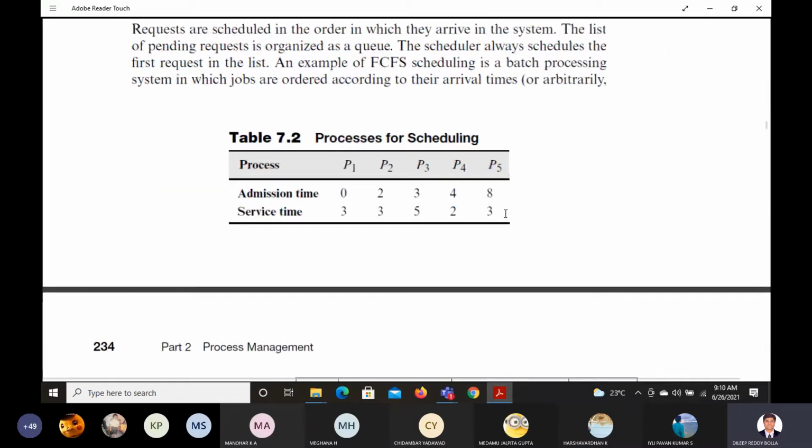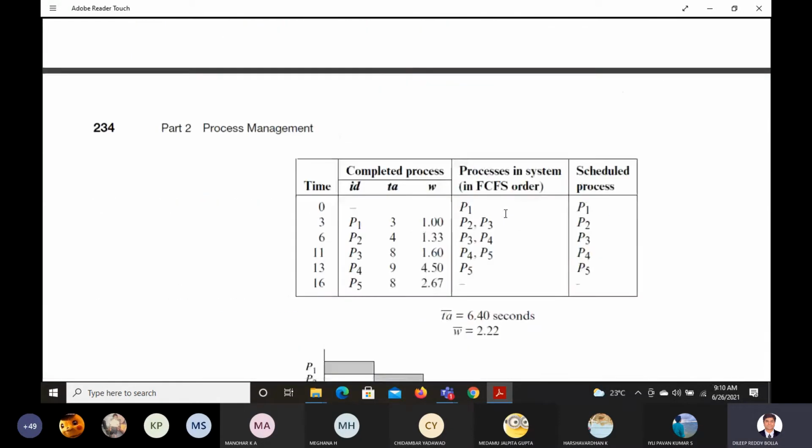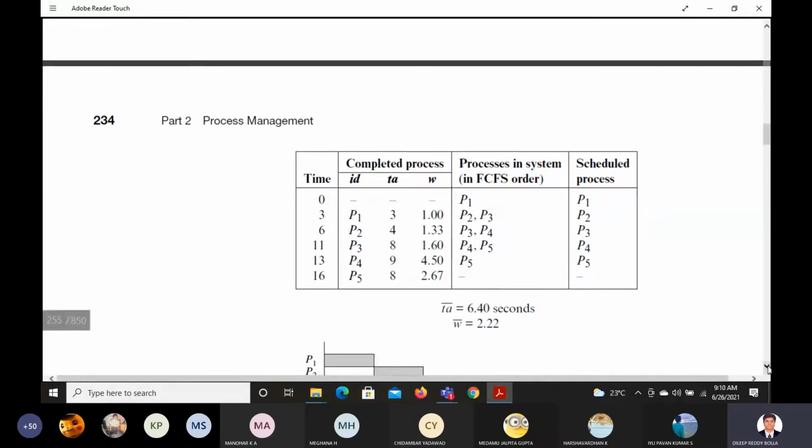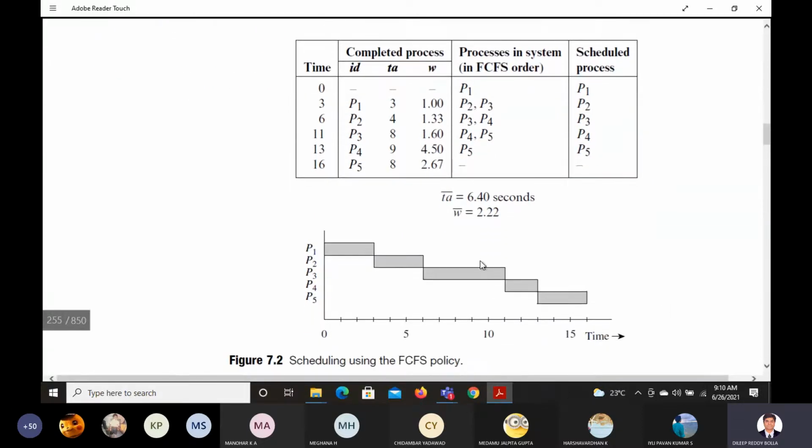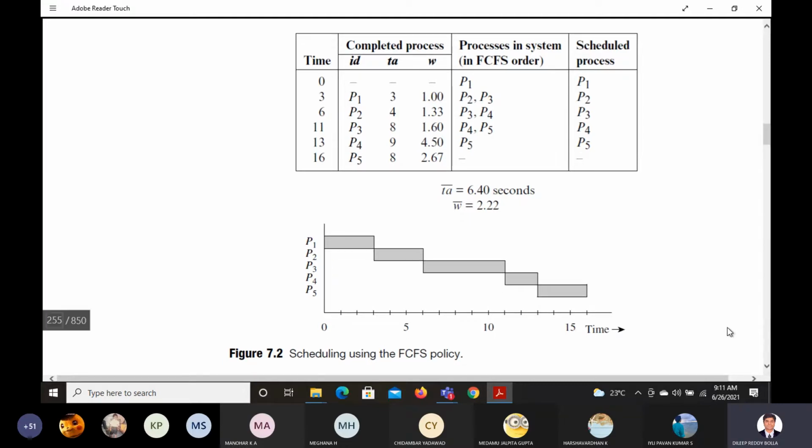This data, let us see what is happening here. This is what they have straight away given here. They have not explained how they got this TA bar and W bar. So if you draw this diagram, and you can draw this waveform also, right? Along with that, you write some procedure steps, okay? So they should feel like you did the complete process, and you should give an idea for the evaluator how the process is working, right? And you can draw this diagram also, graph also.